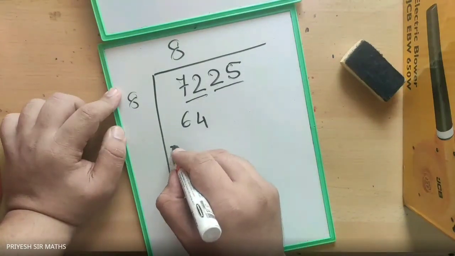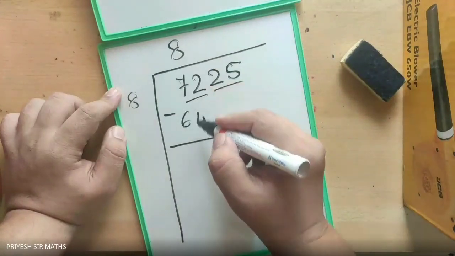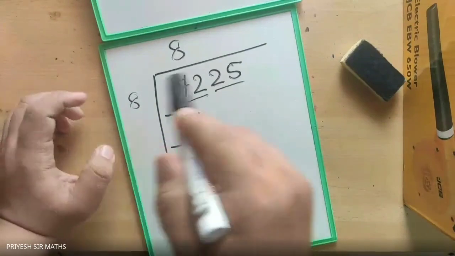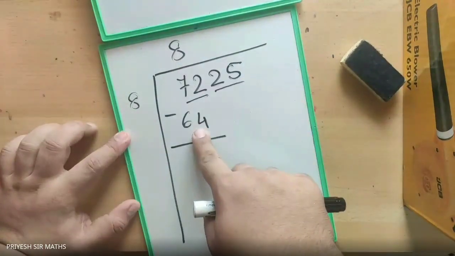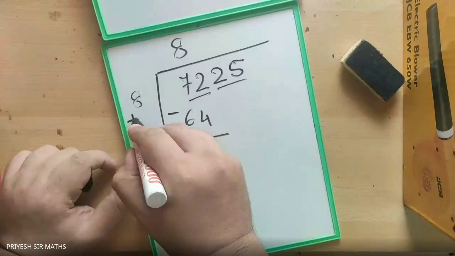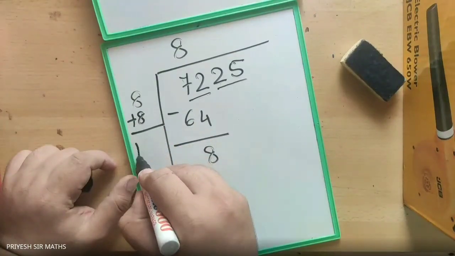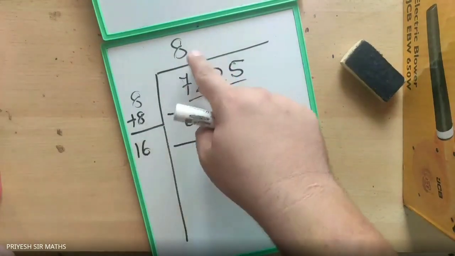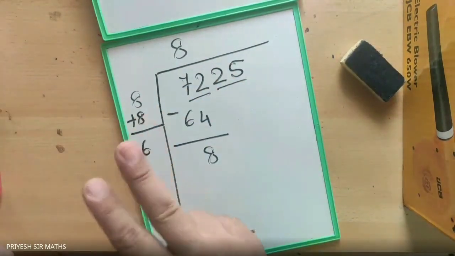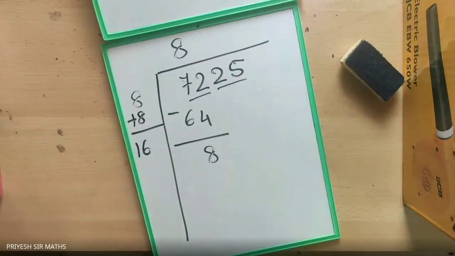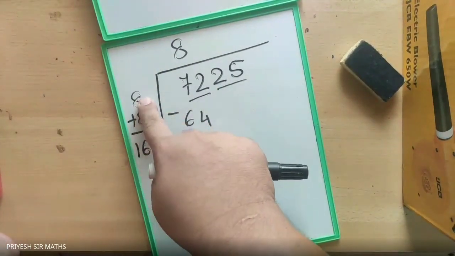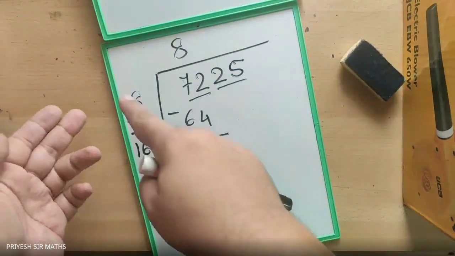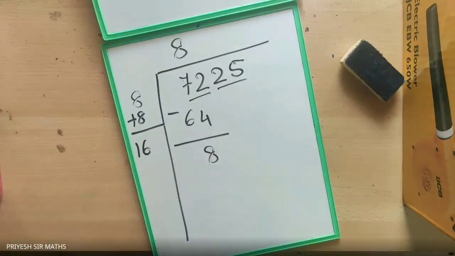Okay. You have to do the subtraction. What you get? 8. Okay. 8 8s are 64. But 8 plus 8 is how much? 16. Okay. 8 8s are 64, but 8 plus 8 is 16. So you have to take care in the long division method. First you have to put 8 over here. 8 8s are 64, and this side you have to put 8 plus 8 is equal to 16.